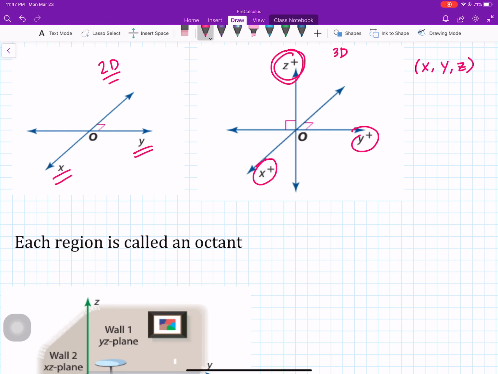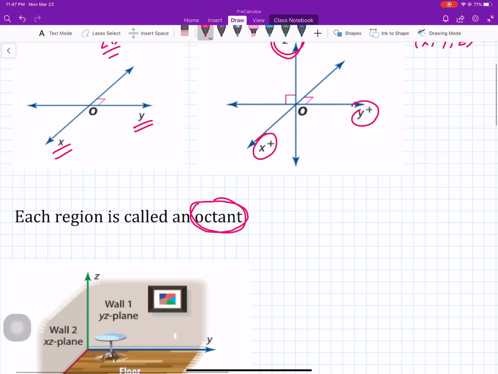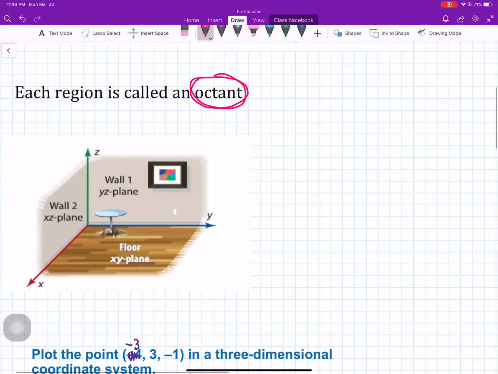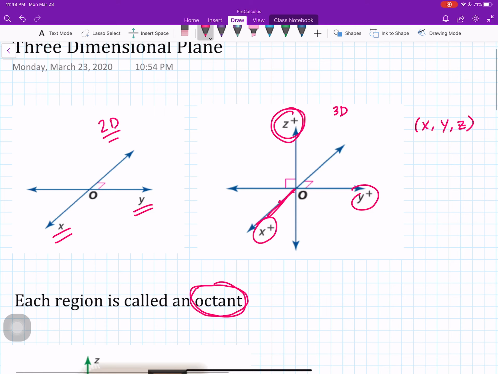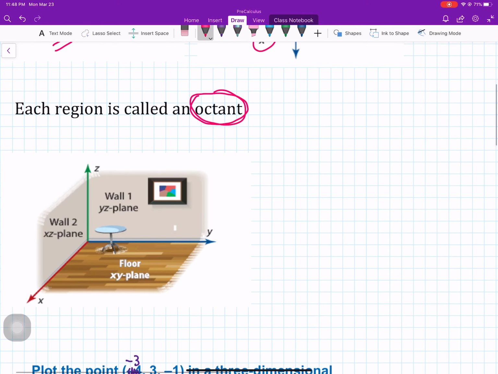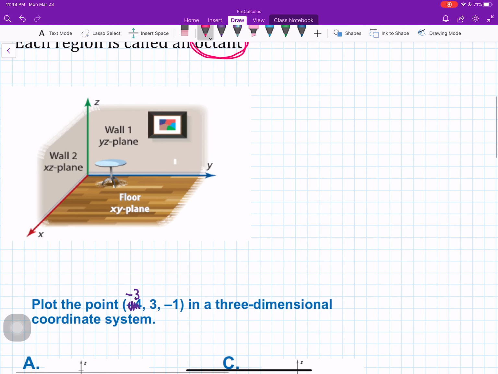In a two-dimensional plane, we have quadrants. Well, since we're no longer divided into four, we have what's called octants. A lot of times we deal with the first octant, which is positive X, positive Y, and positive Z. So kind of this front corner. A lot of times it's easy to think of it like the floor and the walls. So like the floor is your X, Y, and then your walls represent Y, Z, and X, Z, depending on